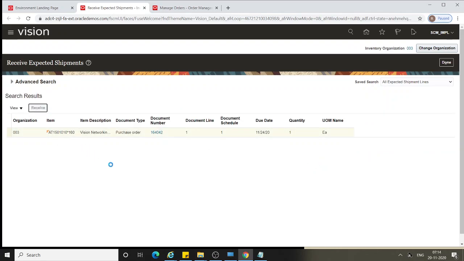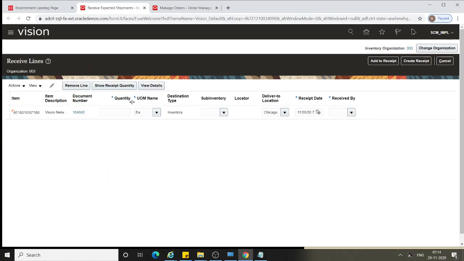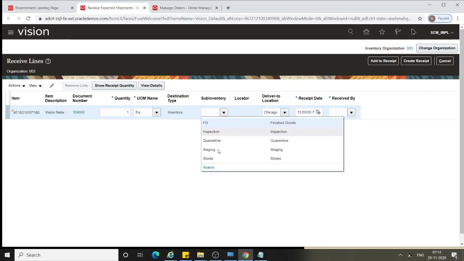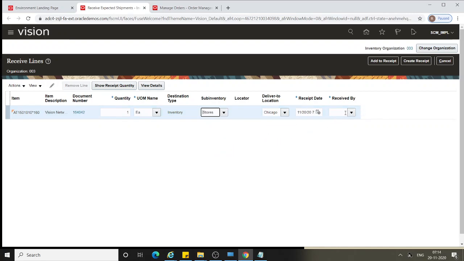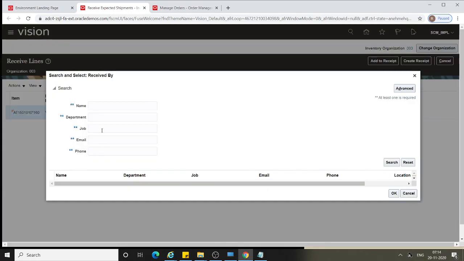We will receive this item. Okay, I will enter the quantity as 1 and then I will select the subinventory as stores, and we will enter received by as Kelvin Roth, who is basically a procurement warehouse manager.